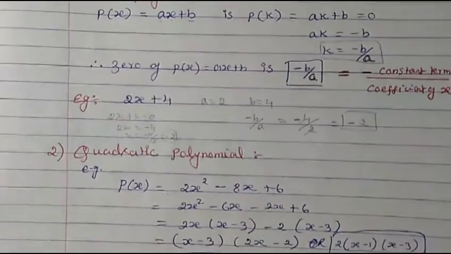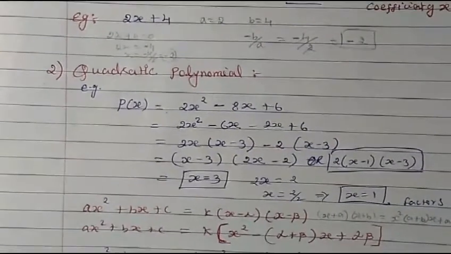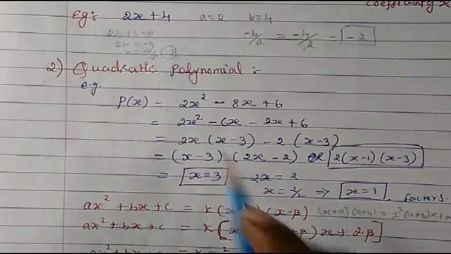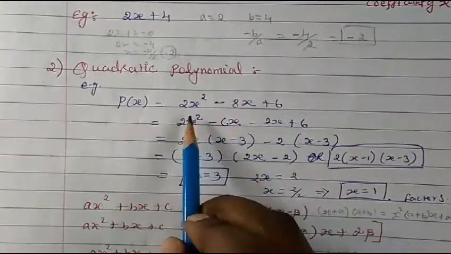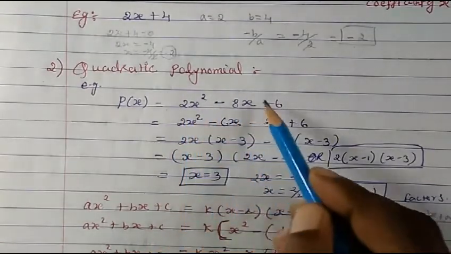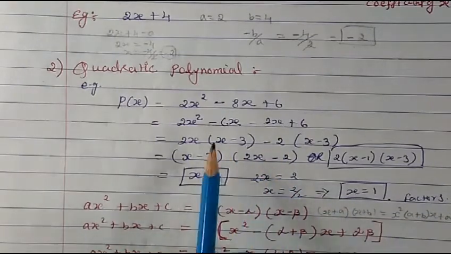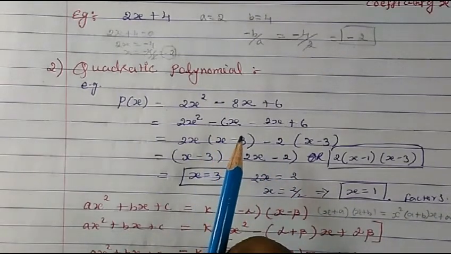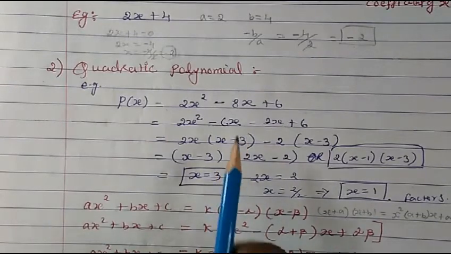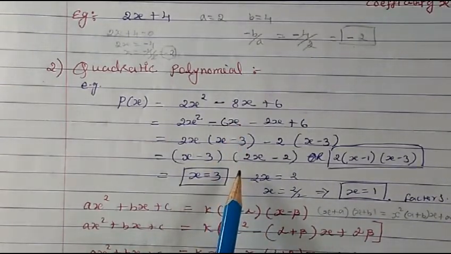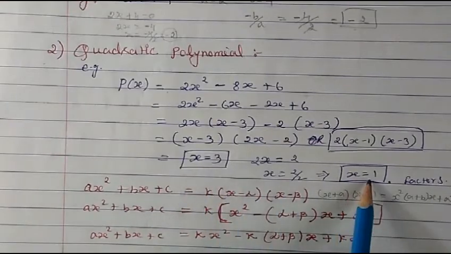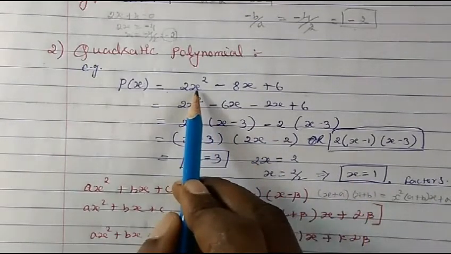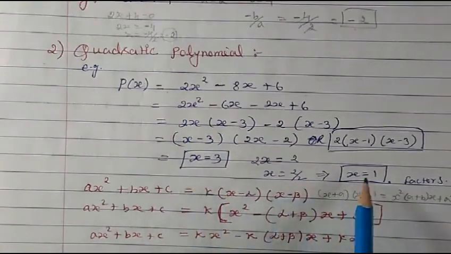In the same way, let's go for the quadratic polynomial. Now, quadratic polynomial, you know, has highest degree 2. For example, I have taken one quadratic polynomial. When we factorize, this factorization also I have taught you in the 9th standard polynomial chapter, so please learn from there in detail how to do the factorization. We do the factorization and then we get the factors x minus 3 and another factor x minus 1, because this is a quadratic polynomial, so normally we will get 2 factors, right?